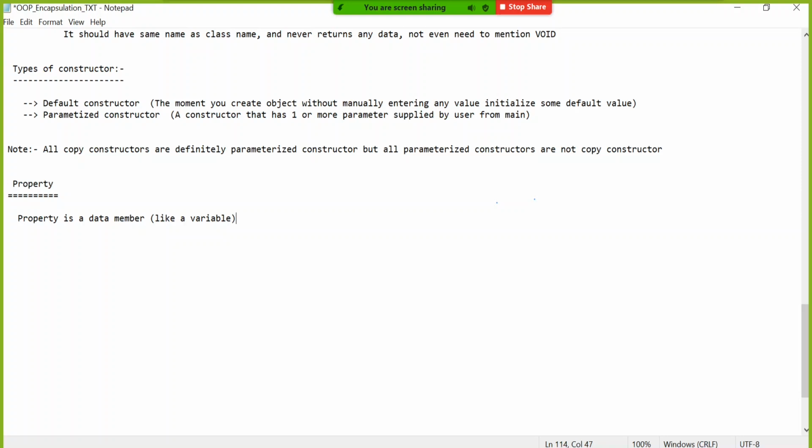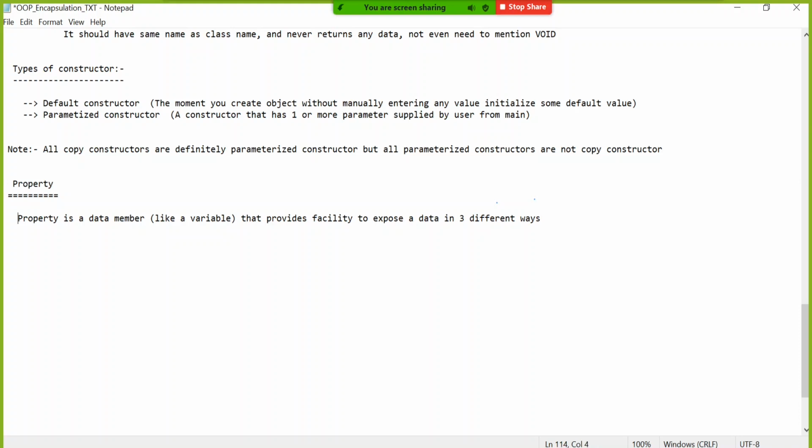See what we are discussing here. First is the problem scenario without having a property. Then we will see the solution with having a property. So property is like a data member, or like a variable you can say, that provides the facility to expose data in 3 different ways.